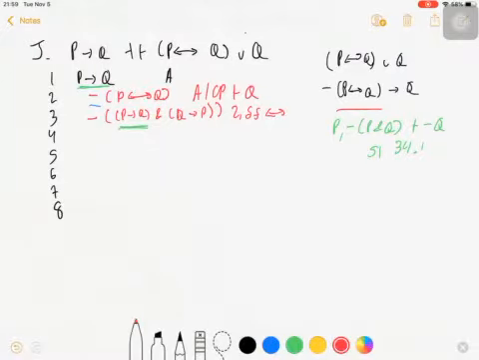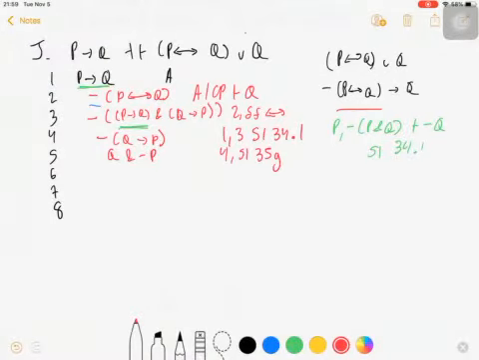So since I have that, I'm going to be able to say that I have not Q arrow P, from 1, 3, SI 34.1. And then I'm going to use 35G to get Q and not P. This is 4 SI 35G. Then I break the Q off. Why? Because Q is my goal, right there. And then since I've broken the Q off, I get to say that